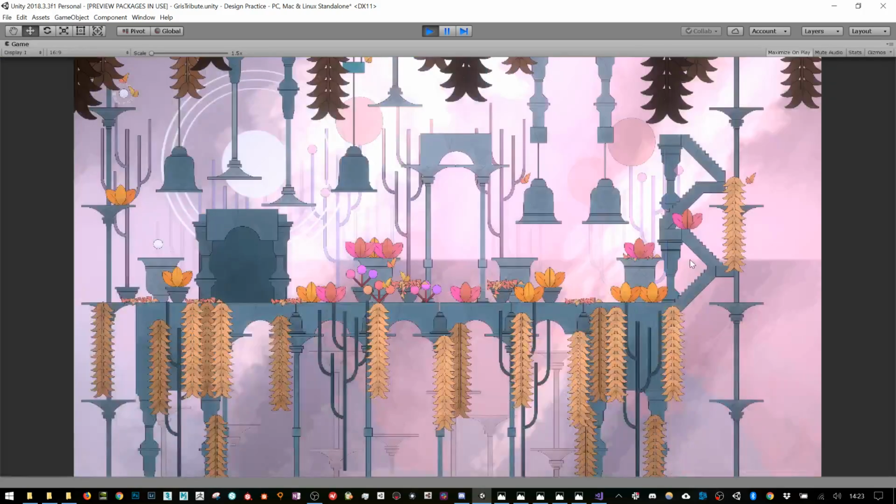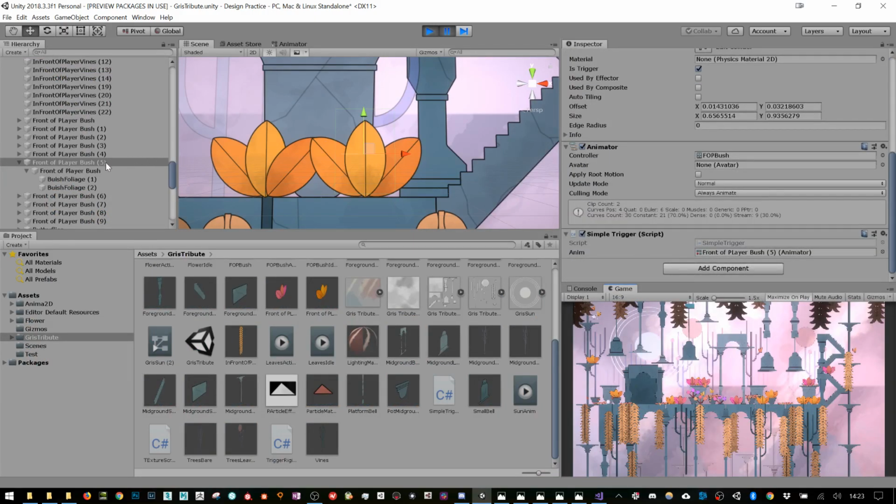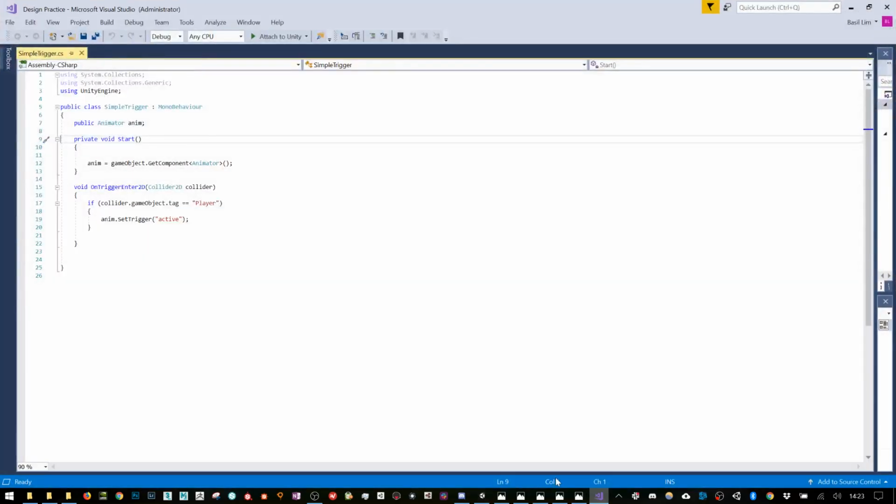It will get component of type animator. And there we go. So it found its own animator component and put it into there. Okay, and then what it does is on trigger enter 2D, and it has to be 2D because it's a 2D collider, so it's looking for a Collider2D, and we're going to call it collider. And if the game object tag is player, so only if the entering thing is a player, it will set